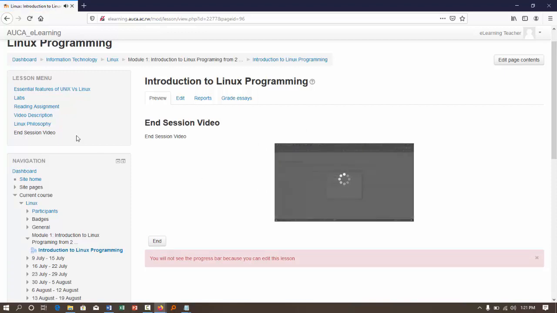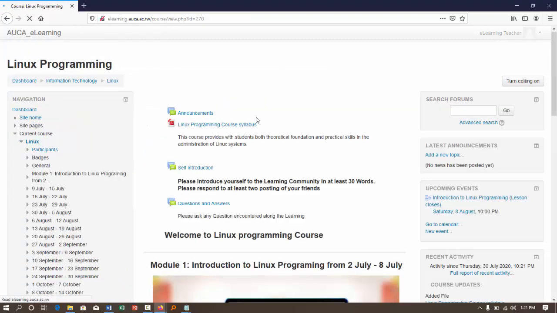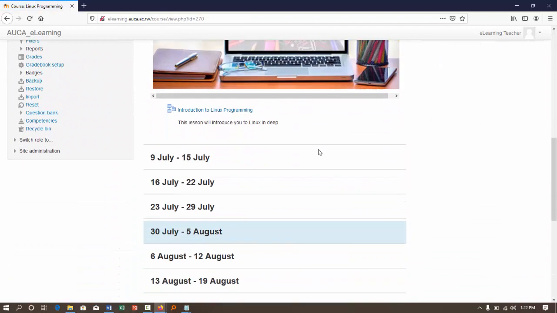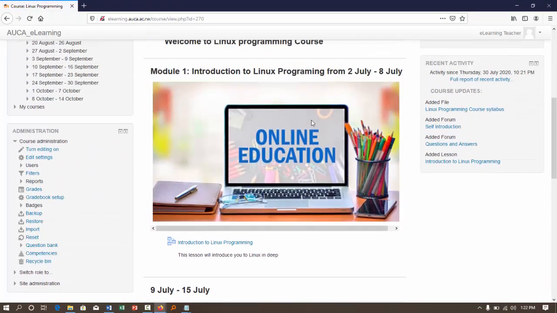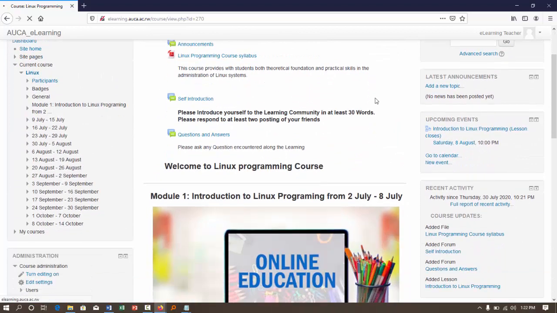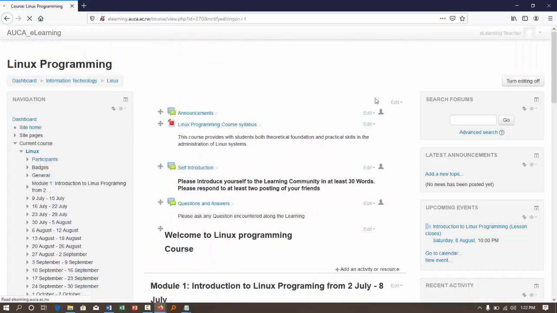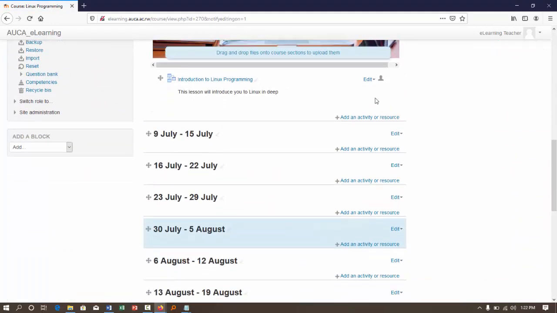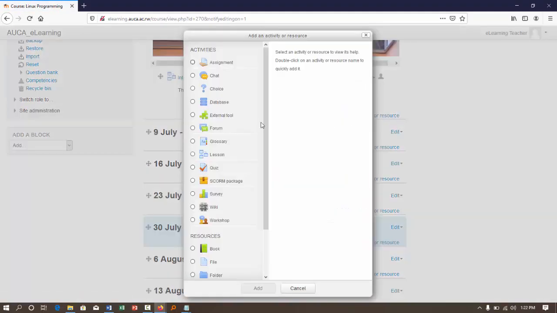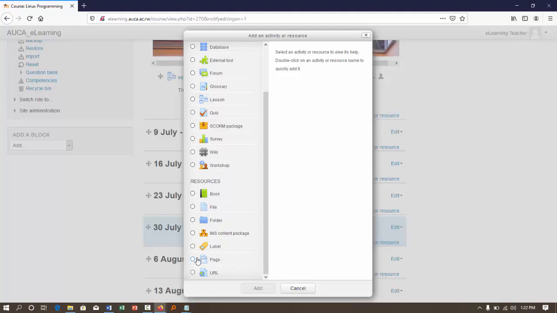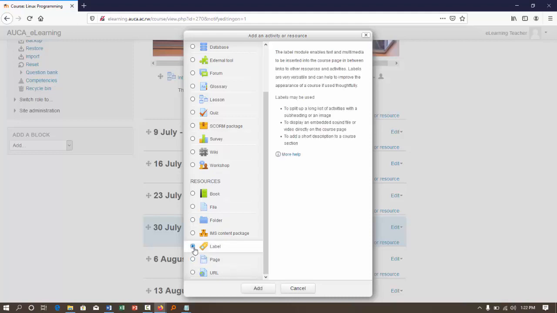Okay, so you can see now we are able to view the course that we've created. So here we've created the course, but also we need to put the assignment. Let me say, for example, I want to put the assignment and also the announcement. I can come here and, for example, put an assignment, but also let me put an announcement. I want to put an announcement in terms of a label. I can come here on label and then tell the student, okay, important announcement. This is an example. I want to tell them that they need to finish